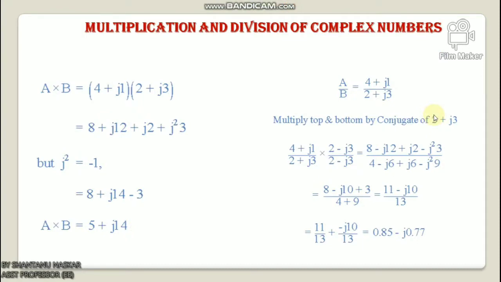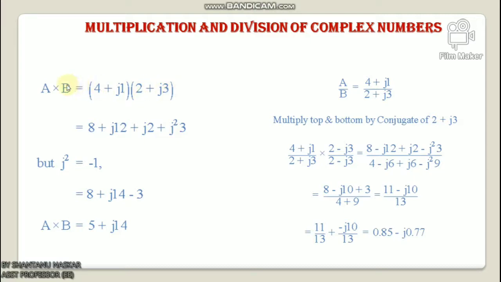So after this I will discuss the multiplication and division of complex numbers. The multiplication of a complex number in rectangular form follows more or less the same rules as for normal algebra, along with some additional rules for the successive multiplication of the j operator, where j squared equals minus 1. So for example, multiplying together our two vectors from above, a equals 4 plus j1 and b equals 2 plus j3.